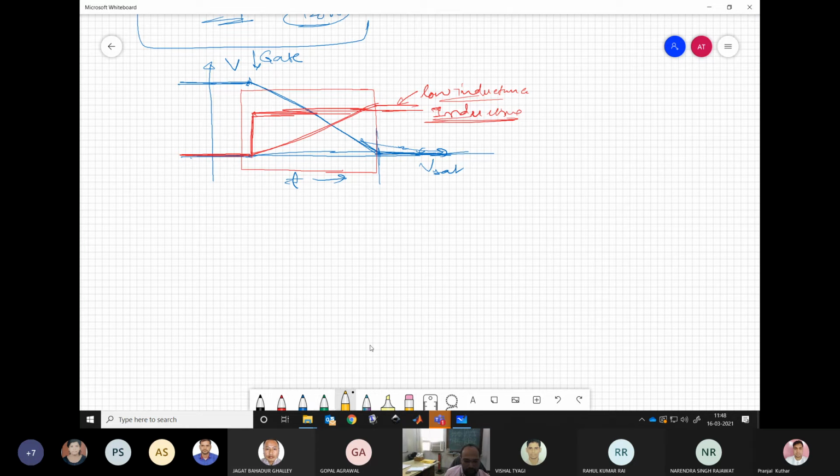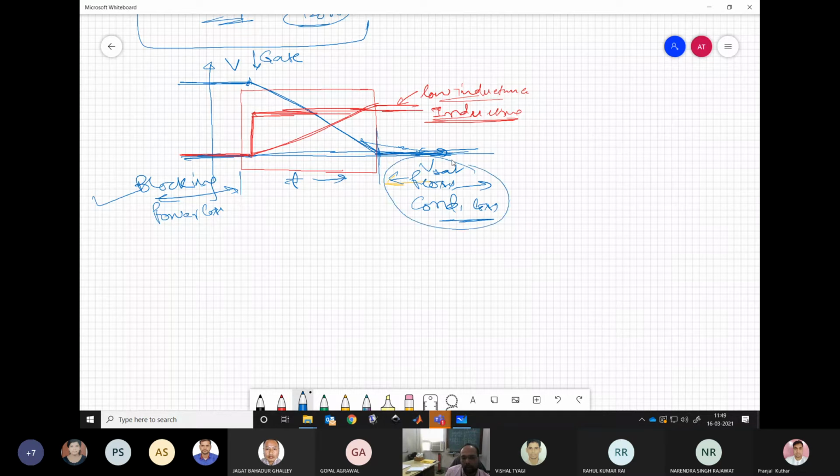Now what is the result of this? Here we have, let's say, minimal power loss. Whatever is happening here is called conduction loss that we have seen. What is happening on this side is power loss during blocking, or blocking power loss. This is also small because leakage current is very, very small, and the conduction loss may be a little bit significant compared to the blocking loss, but still okay, we can manage. And we cannot do anything about this because our device is there and other things like the system rating are coming into place.